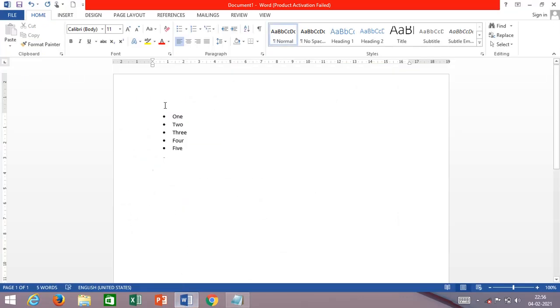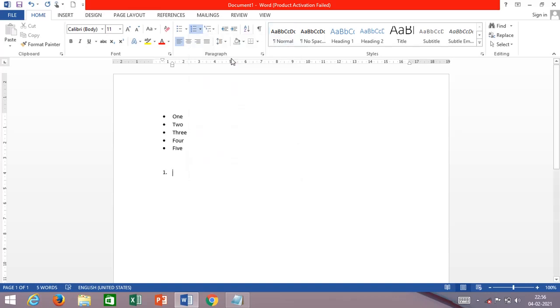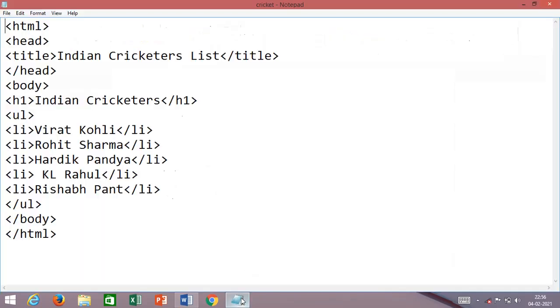Now if you remember, dear students, in MS Word we have a system to write things in numbers. See here you can see how it was written in MS Word. So the same way, how it has to be written in HTML. Simply let us keep the same program. In place of UL I will write OL, that is ordered list. See what changes I made? Everything remains the same, only in place of UL I have written OL.